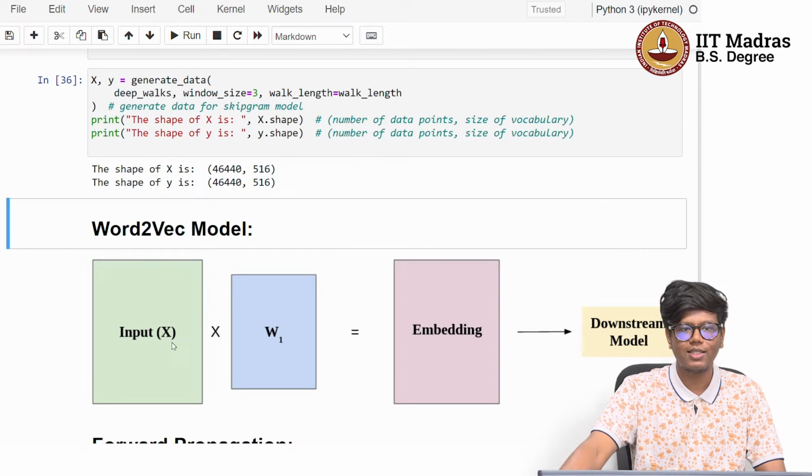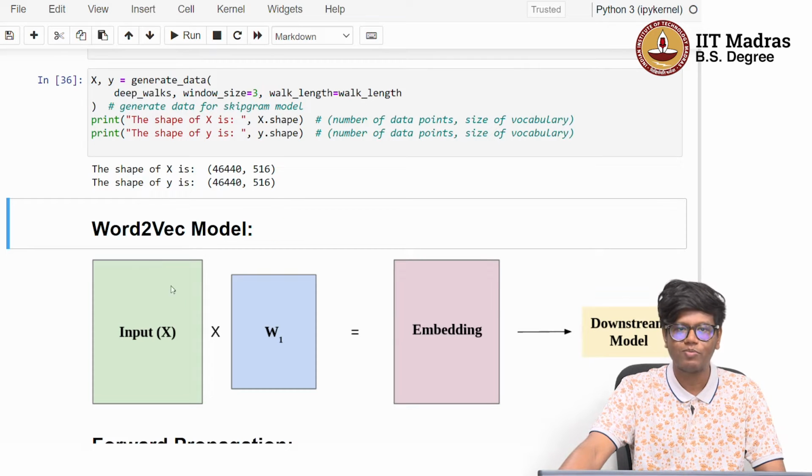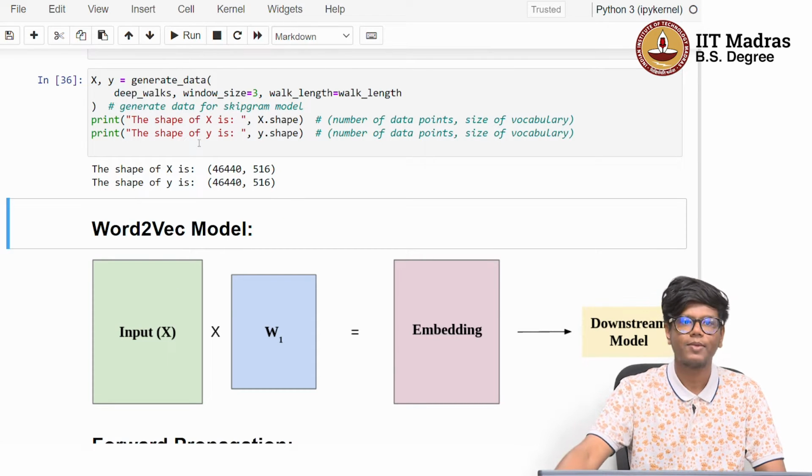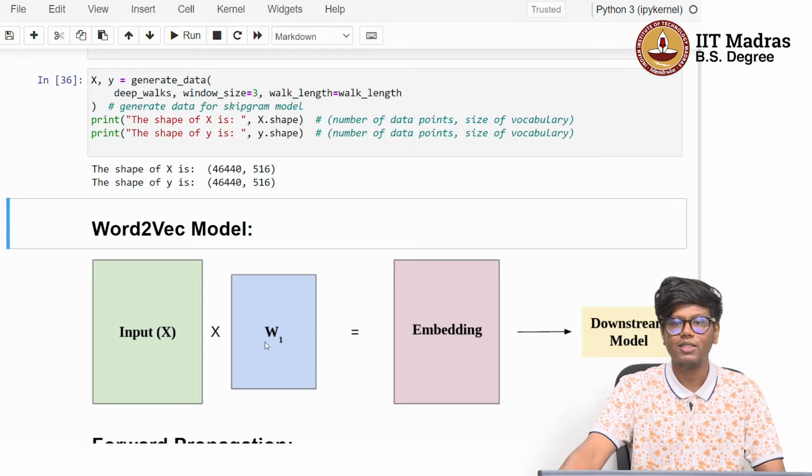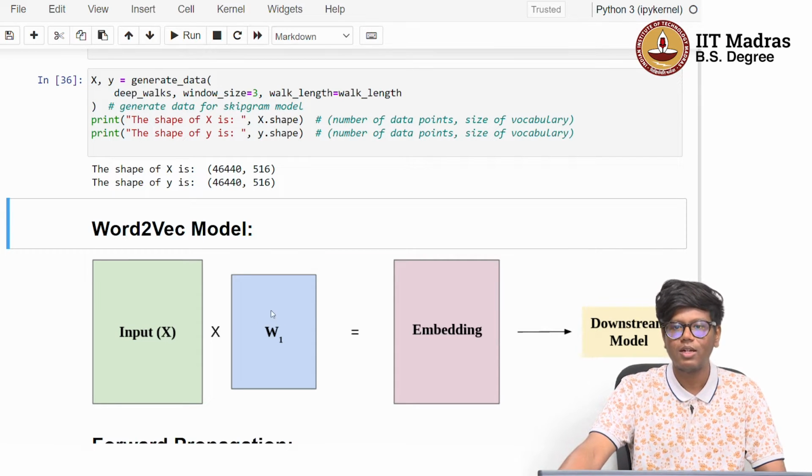So this is the basic idea behind the word2vec model. We have the input x based on the training data, all one-hot encoded, and we will be multiplying it with the weight matrix and getting the corresponding embedding. This weight matrix is randomly initialized at first, and we will be training it based on the cost function. So these weights are trainable, and after getting this embedding, we can use any downstream model to predict the